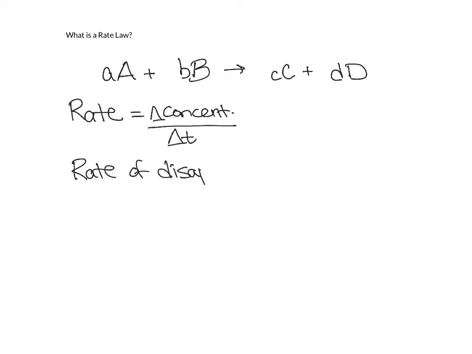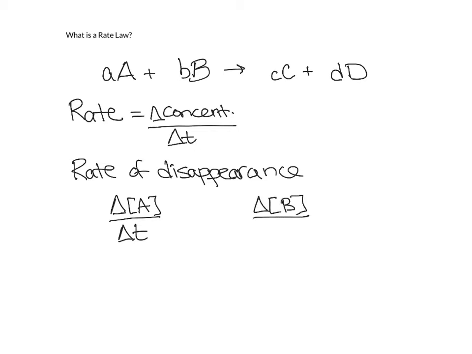So there's rates of disappearance, right? We could define the rate of reaction as the rate of disappearance. So the change in concentration of A over time, T for time, or the change in concentration of B over time. Now, these are reactants, and so there's less at the end than at the start, and so we want to make rates positive, so we use negative signs. And if we needed to set these equal to each other, we have to think about the coefficients. A disappears at a rate of little a molecules, coefficients. B disappears at a rate of little b. And so we would need a 1 over a here and a 1 over b